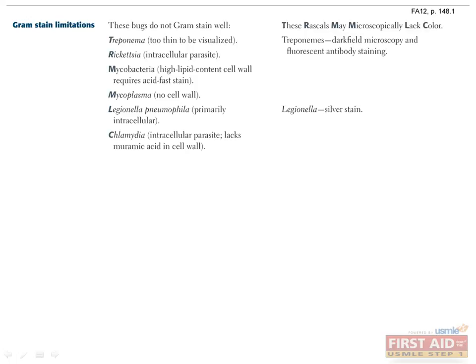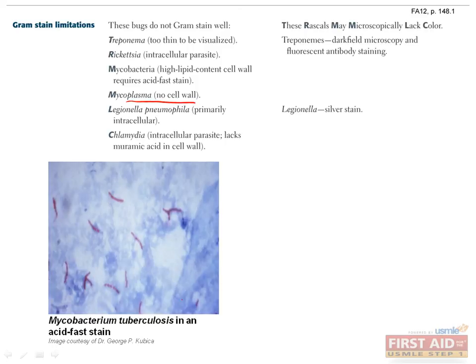We already mentioned Mycobacterium and Mycoplasma. Mycoplasma cannot be stained because it has no cell wall. Mycobacterium cannot be gram stained, but it can be stained with the acid-fast method, which takes advantage of the high lipid cell wall content of Mycobacterium. Mycobacterium will be bright red after staining with carbol fuchsin because its lipid-rich cell wall prevents acid from washing out